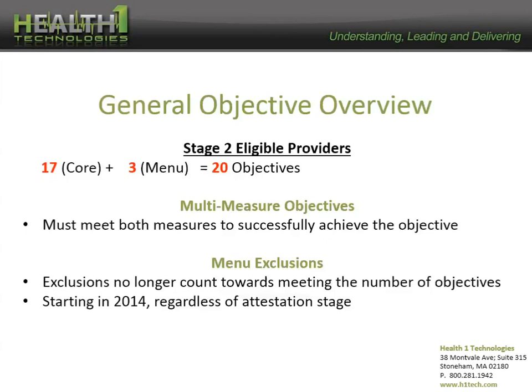So all of those have to be done. It's a total of 20 objectives. They have to be completed in order for us to be compliant with the meaningful use. There are other things that they did. So within a measure, they've actually put 2 measures. So we have to meet both of those measures to successfully achieve that goal, and we'll review a couple of